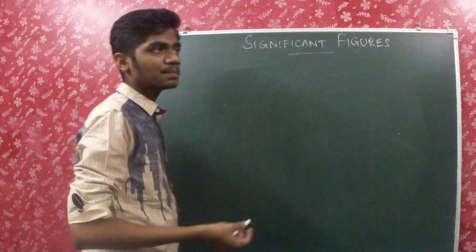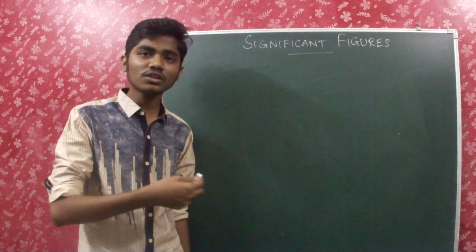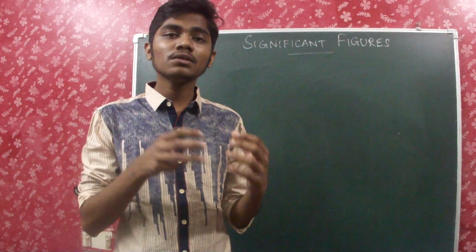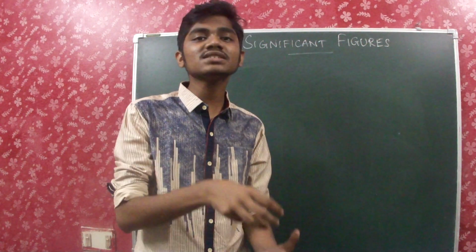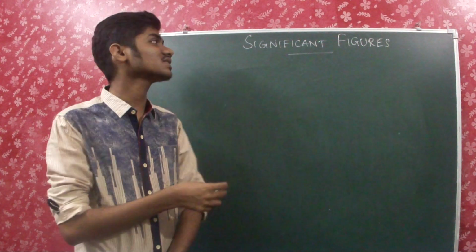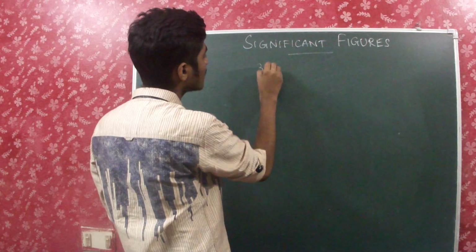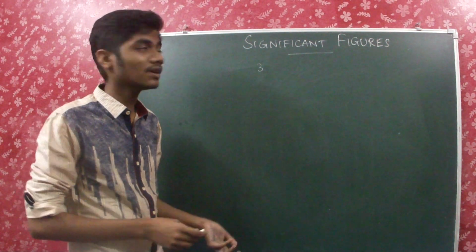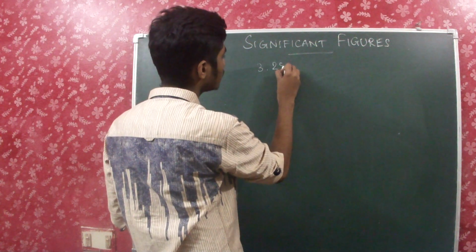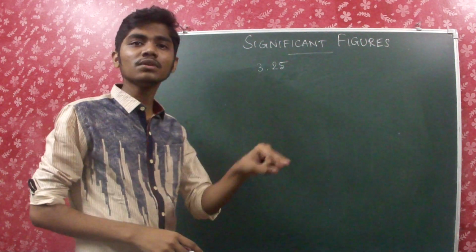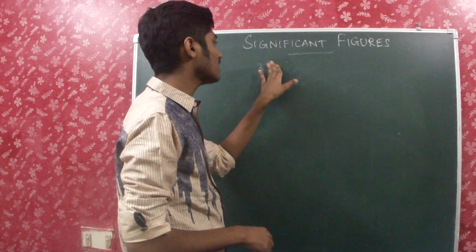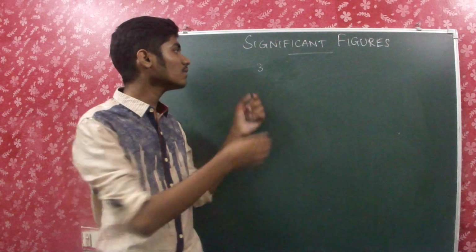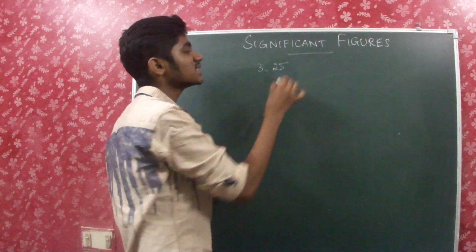Actually, when you are doing an experiment, you will be noting down a lot of measurements, am I right? So the very important thing in noting the measurements is how precisely you are noting them down. For example, if you write 3, it's not going to be more precise or more accurate. If you make it 3.25, this will give you good results at last, rather than writing only 3. It may give you wrong results, it may mislead you. So we'll always be writing things with strong precision.